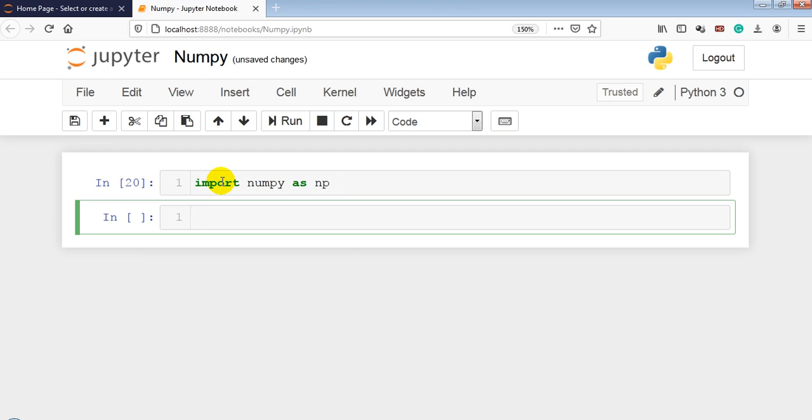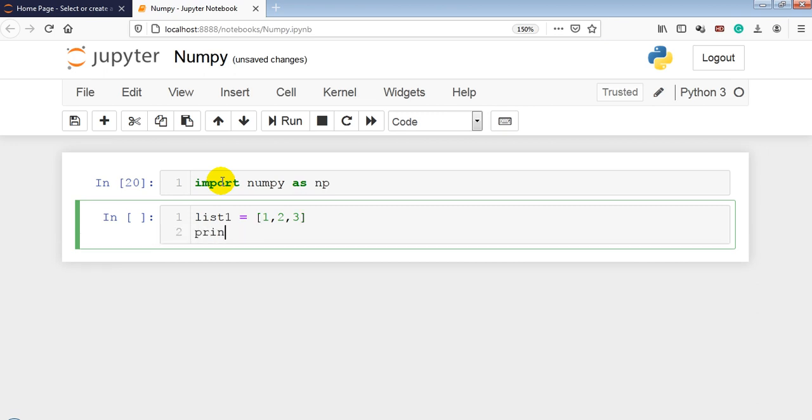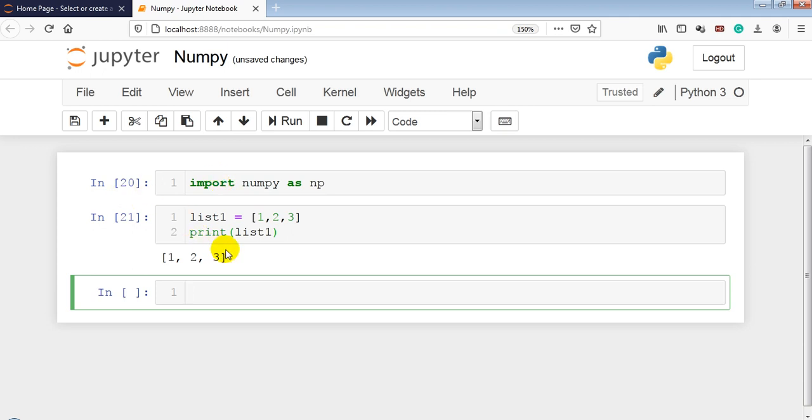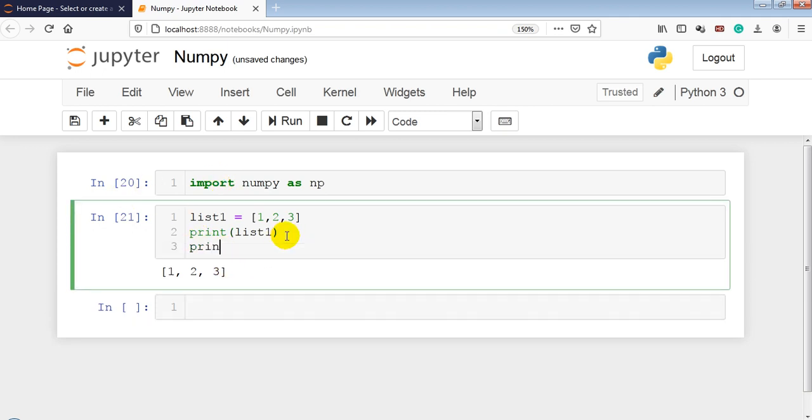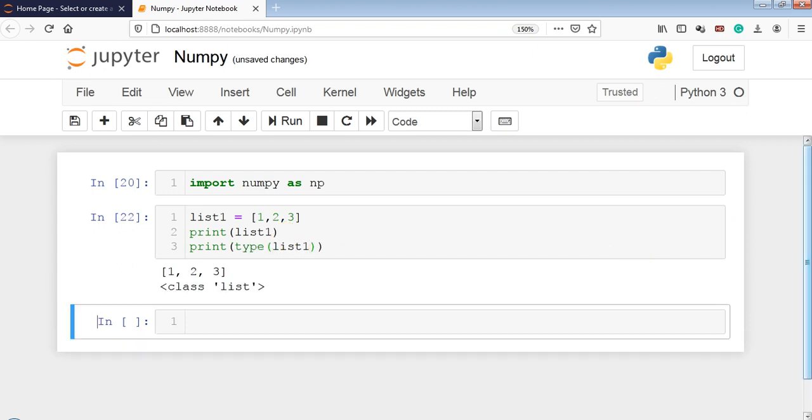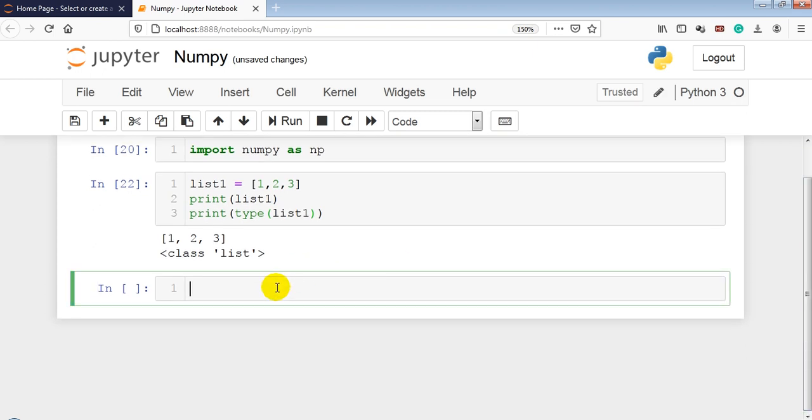First I will explain how to convert a list to NumPy, then NumPy back to a list. Let me take list1 with elements 1, 2, 3. Now let me print it. Also you can check the type of it. Print type of list1. So it's of type list.